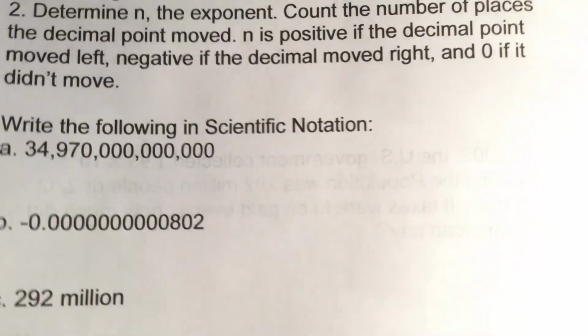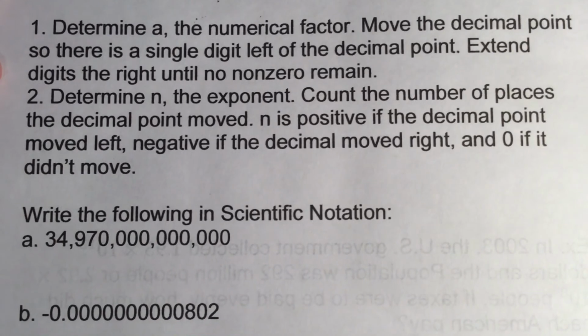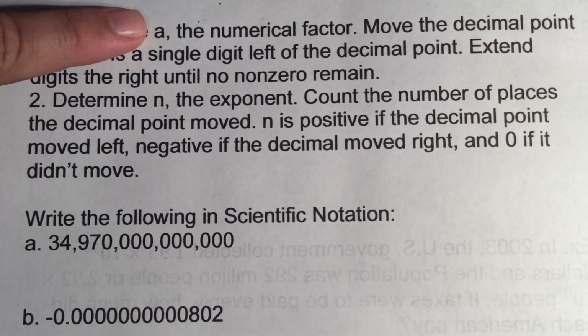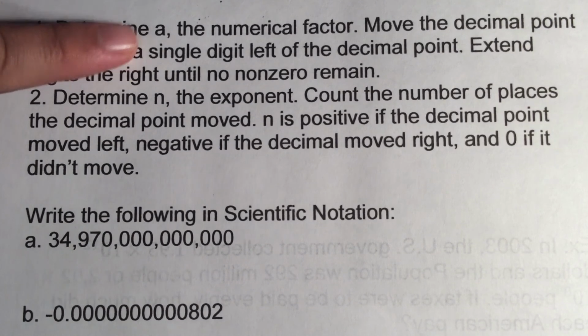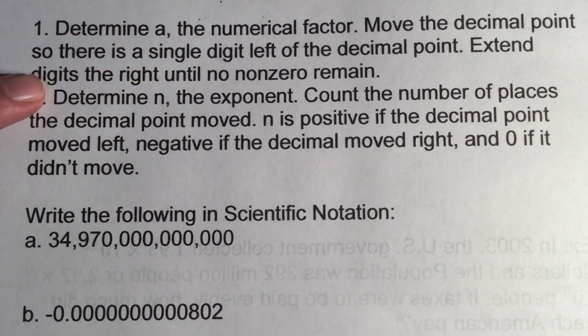Now, going the other way. So when we make that A, we want to put a single digit and then put a decimal point. And then we're going to get rid of any zero